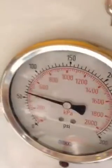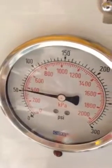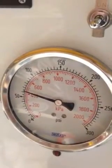So to set it to 80, leaving it just the way it is, we're going to take the 1/16 Allen screw into the orifice that goes into the set screw, and we're going to turn clockwise. And as we're turning clockwise, we're going to see now it's climbing to about 70. We're going to turn clockwise a little bit more, and as we close the valve, pressure climbs to 75. We turn it clockwise a little bit more,